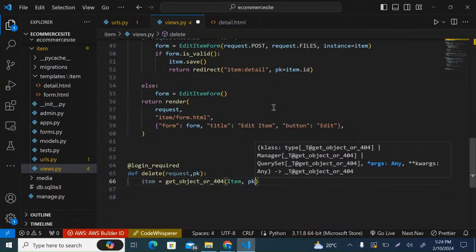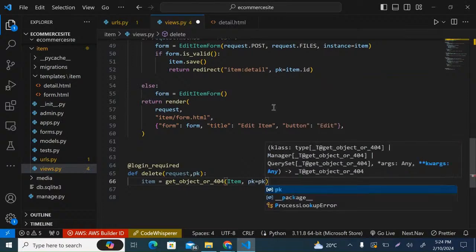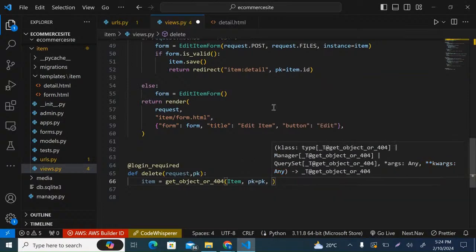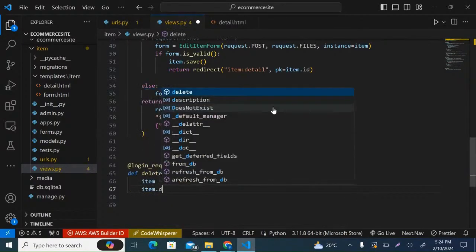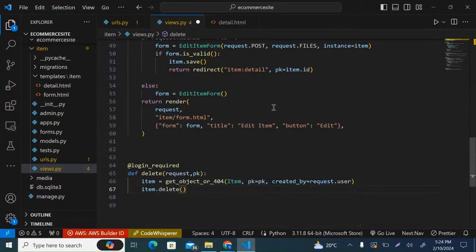Then we have pk is equals to pk, and then created by. So if you're not the owner, you will have no business deleting this. Then just simply take item dot delete, and then return